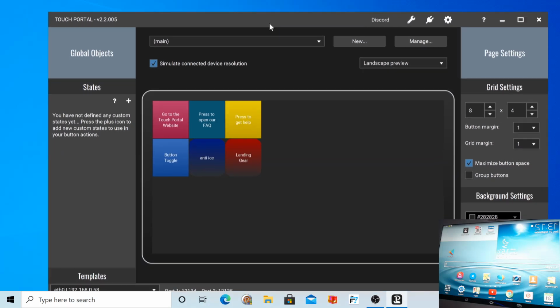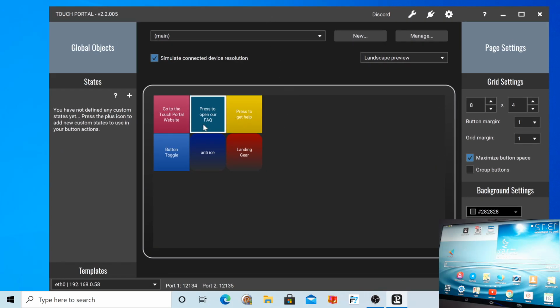You'll get this screen here, which gives you actually 4 examples of what you can do with this. I've also added in some, as you can see here, landing gear, anti-ice, in preparation for setting up a control panel for my Airbus A320 on the new Microsoft Flight Sim. But it's very, very easy to use, and as I say, you do have to install it also on your